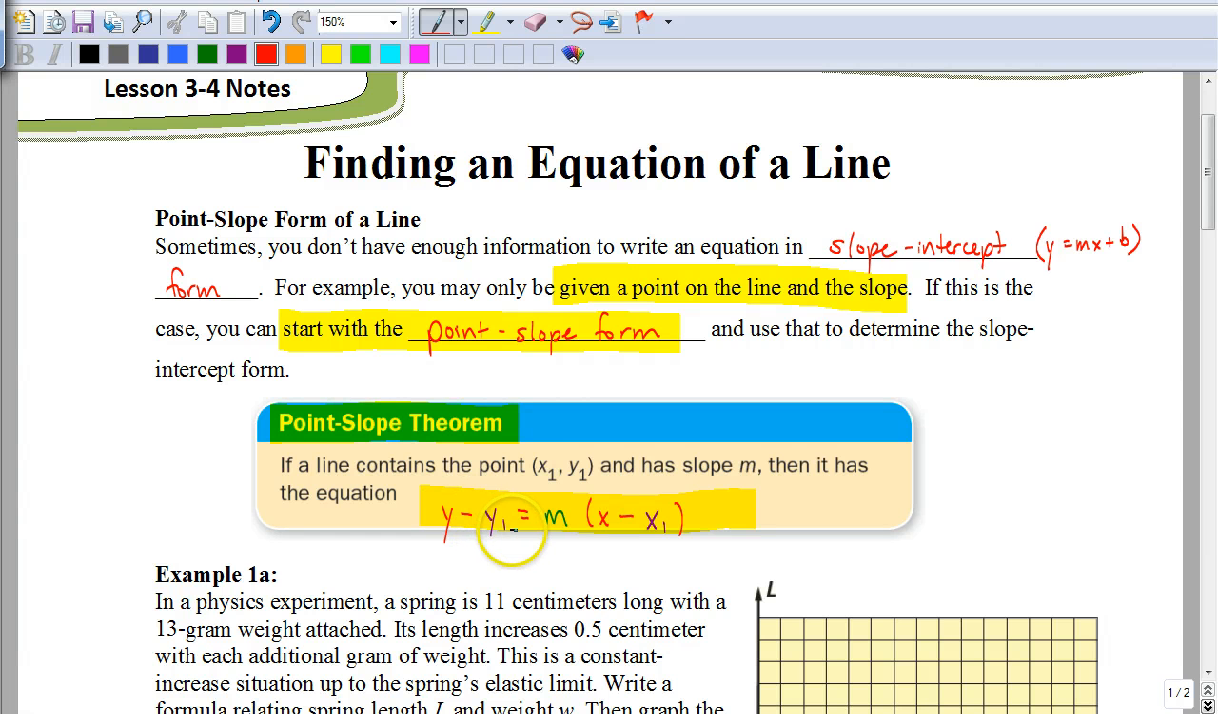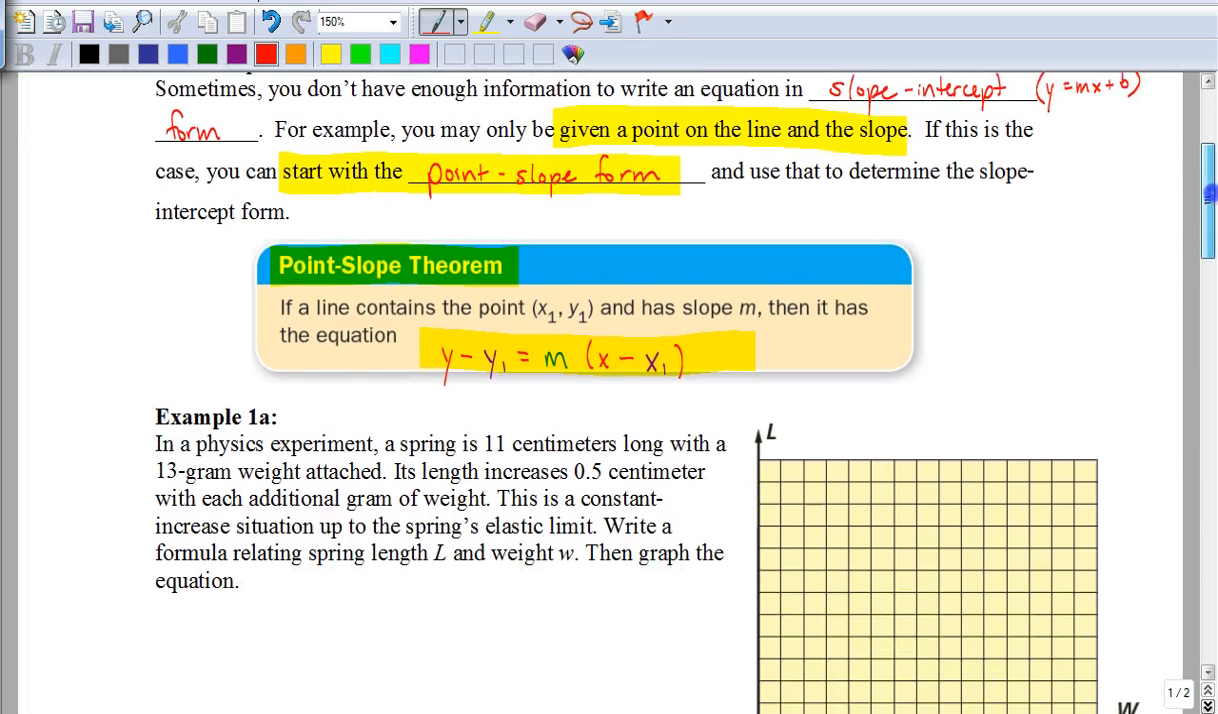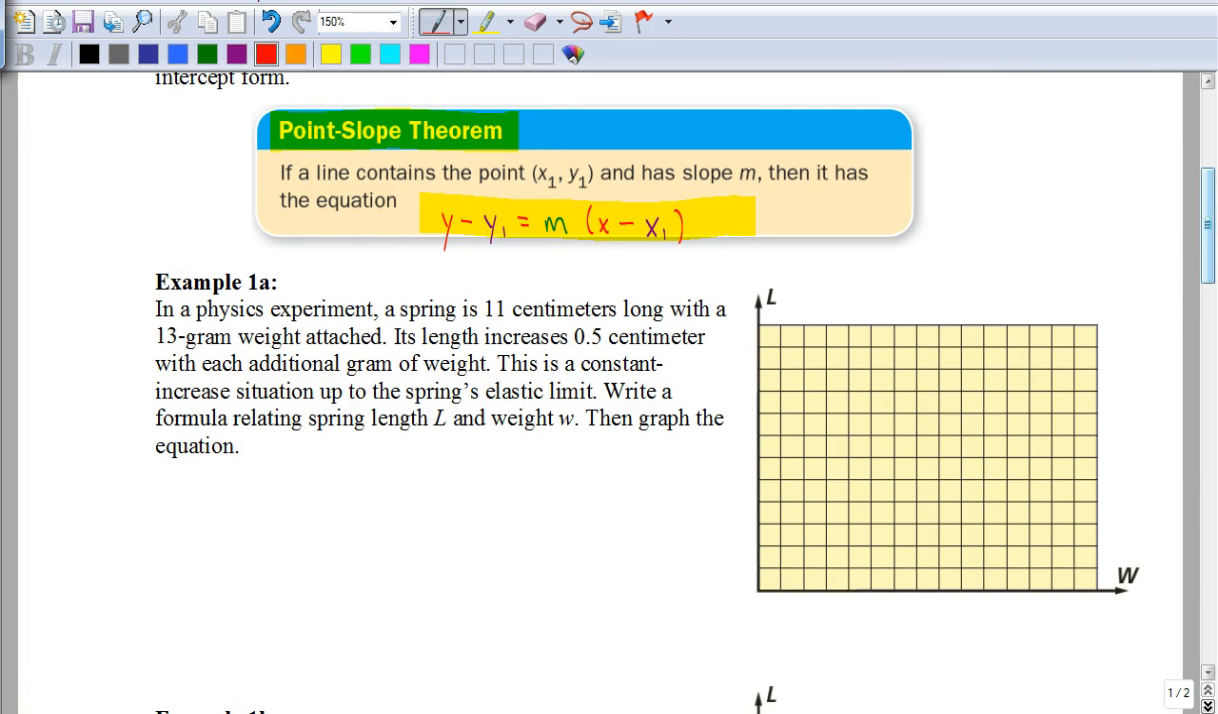It's y minus y1 equals m times x minus x1. Now, what's in red there is always going to be part of the equation. The green part, the m, obviously that's your slope. The x1 and the y1, that is going to be the coordinates that they're going to give you. So let's actually start by looking at a story problem to see how this point-slope form is going to be